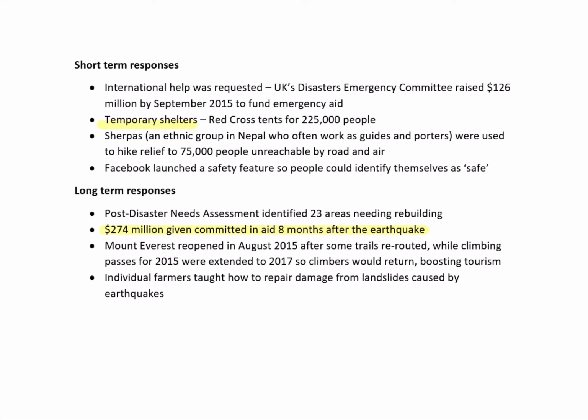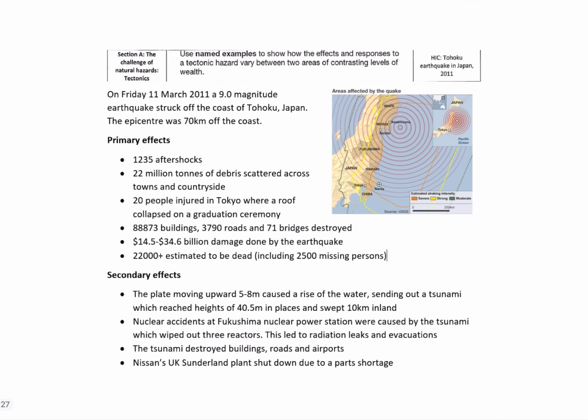So if we contrast this LIC earthquake, you've got to have a HIC example, so a higher income country example. Tohoku in Japan in 2011 is your big contrasting earthquake here. This earthquake is slightly bigger. So it's a 9 magnitude earthquake. It happened just off the coast. Obviously, if an earthquake happens underwater, there's a huge chance that we're going to get a tsunami, and we do